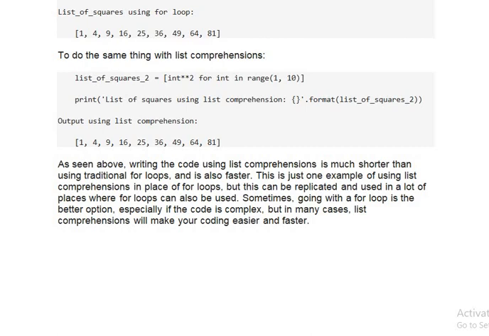Same thing we can do with list comprehension. Look at the thing clearly. So writing the code using list comprehensions is much shorter than using traditional for loop, and it's also faster.